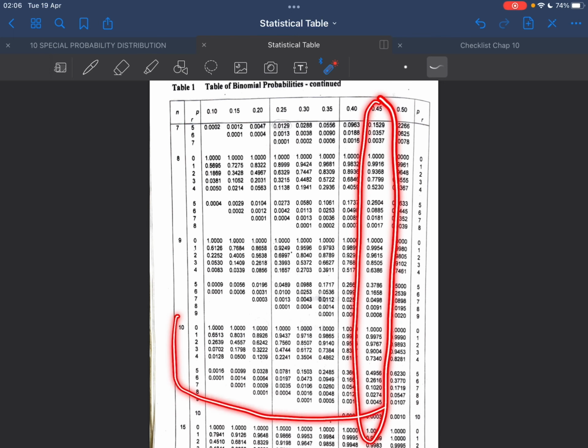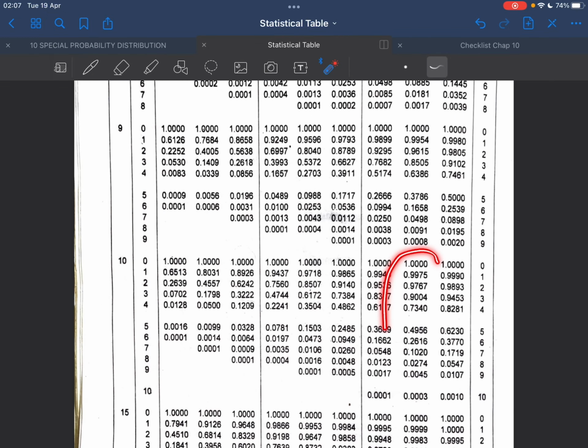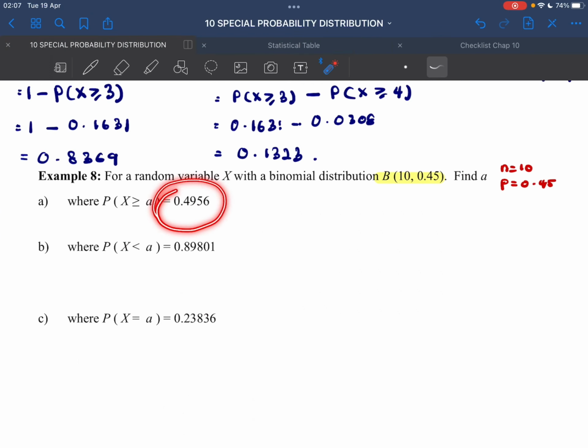This is your 10. So see where does it intersect? It's here. Okay, all the value here. So this could be your A. 1, 2, 3, 4, 5, 6, 7, 8, 9, 10. Okay, but the only thing that you have to do here is to find the nearest number to this probability here,